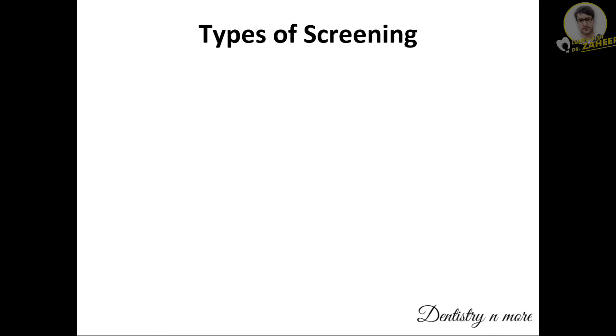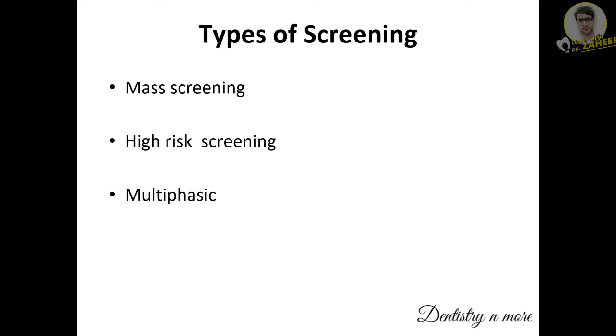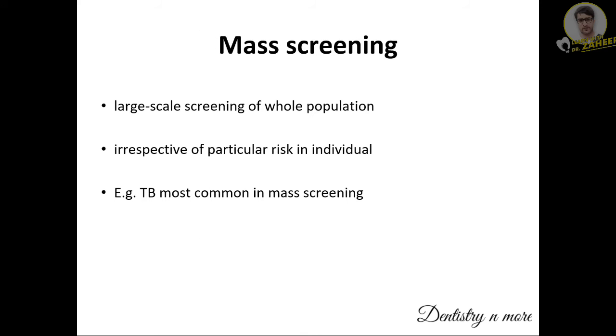So what are the types of screening? They are mass screening, high-risk screening, then multiphasic screening. Mass screening is done on a mass of people, irrespective of any high-risk group or a particular risk. Just like tuberculosis, which is very prevalent in third world countries like India, where 60 to 70%